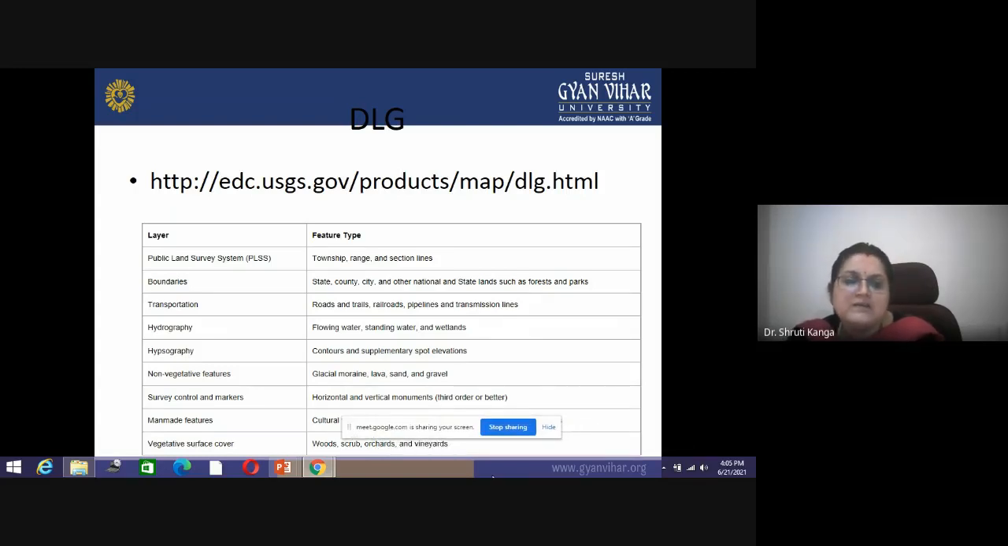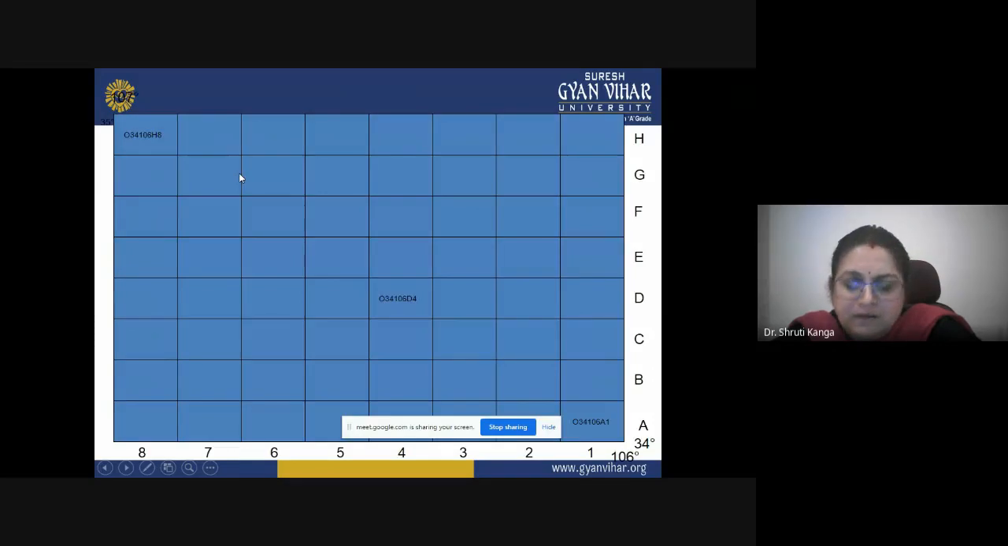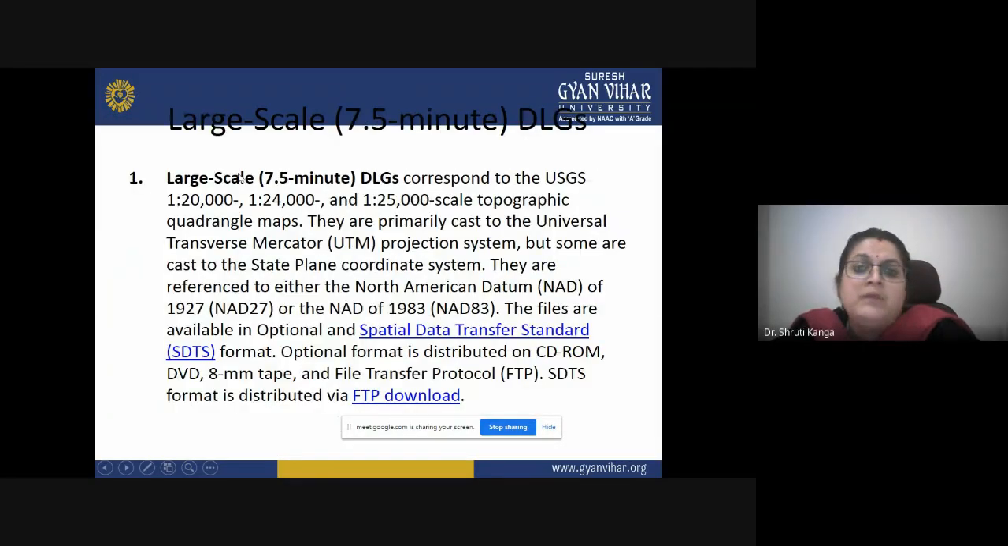Okay, so this is done through different layers having different features. Digital line graph. Then we have the large scale, which includes 7.5 minute digital line graphs. Okay, so first is the large scale line graph, which includes the